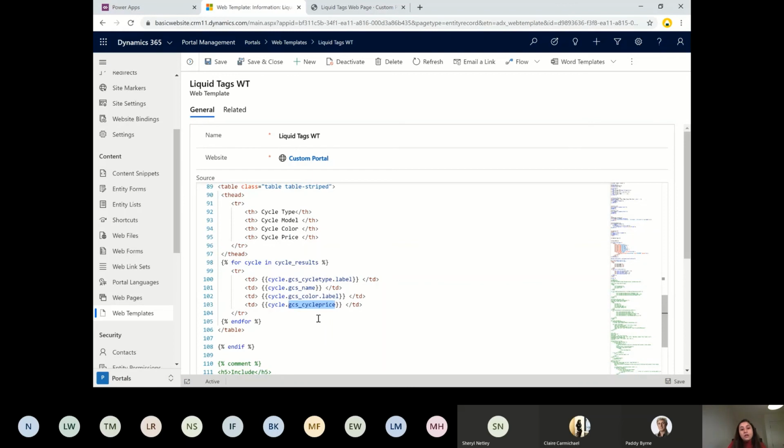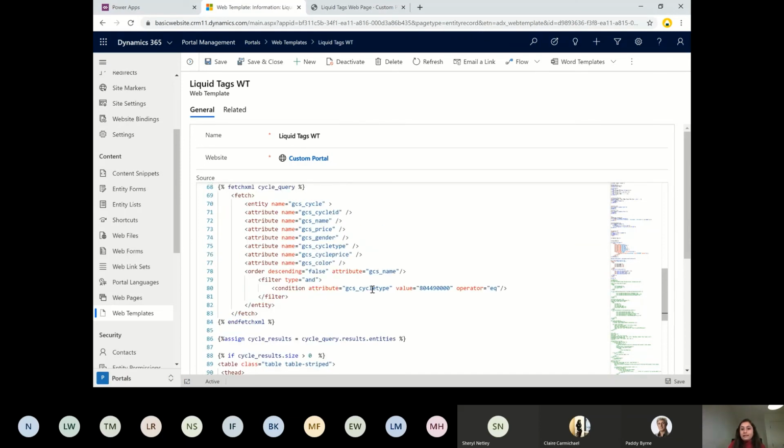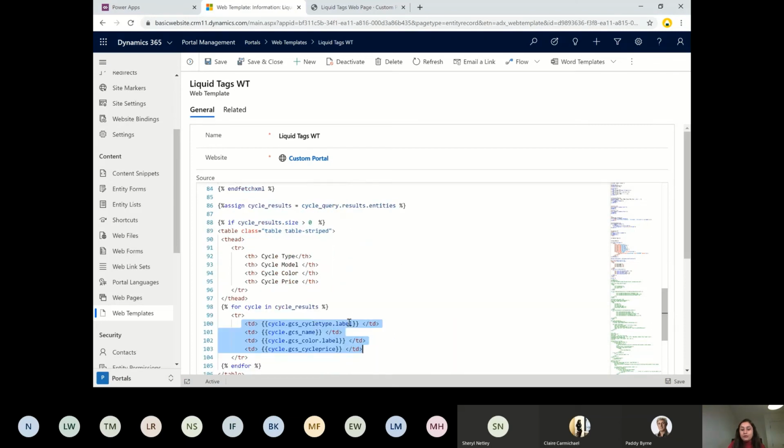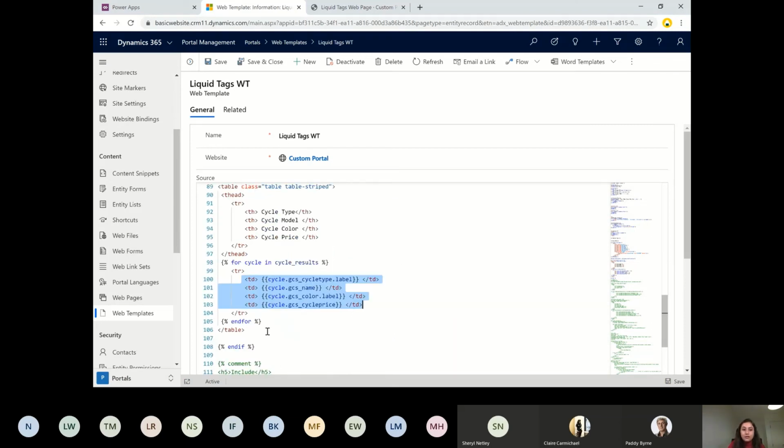So it's the price. This is static text, and again the content snippet can be used here, definitely if your portal is in multiple languages, and then show these values in the table. You might come across lots of scenarios in a project where you need to show a grid, not the out-of-the-box entity list, but a page where you have multiple things along with the grid. Either you can do fetch XML like this, just modify some values here and show it on the grid. We can do that, and that's what we are showing here.